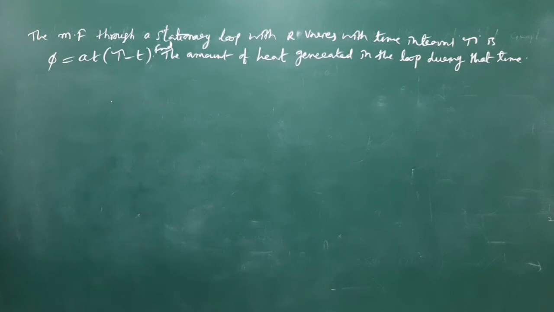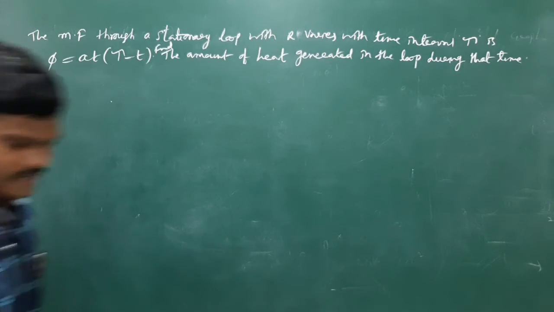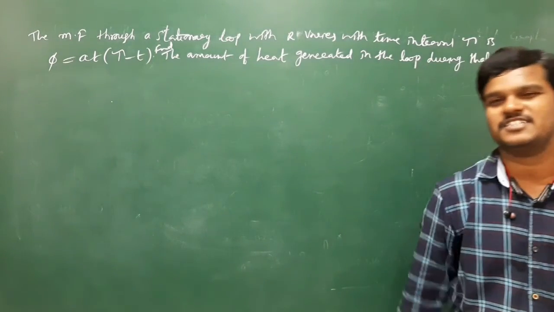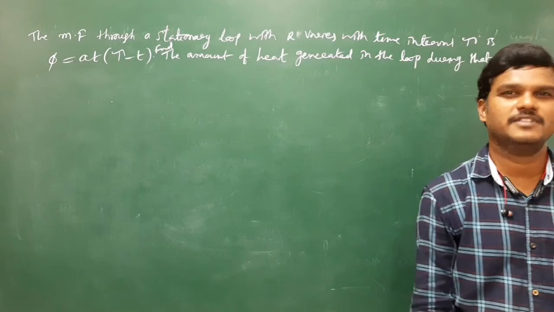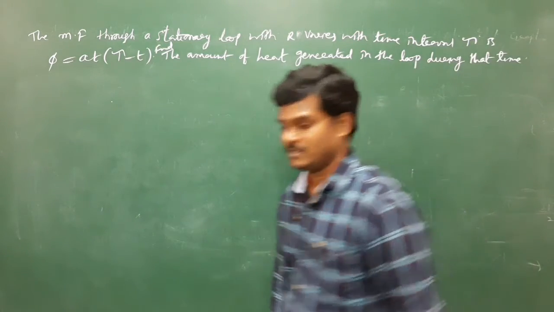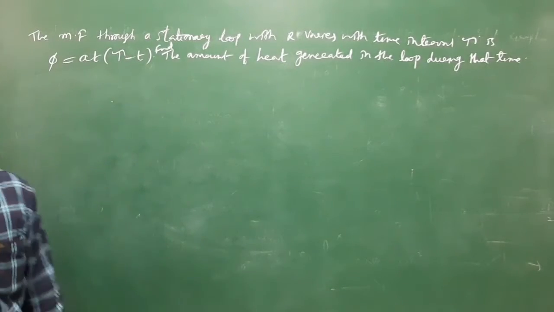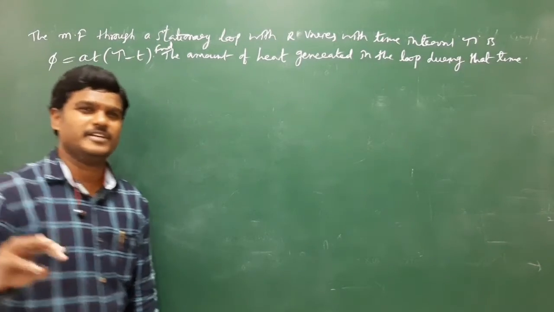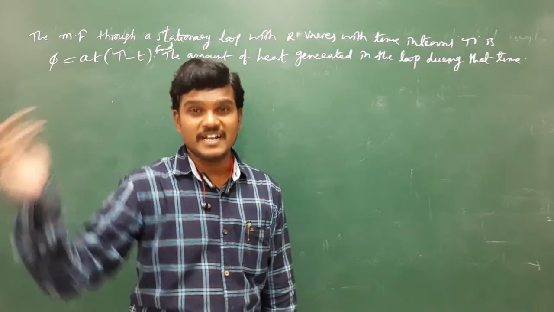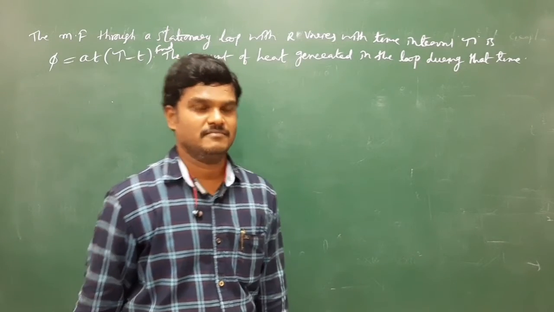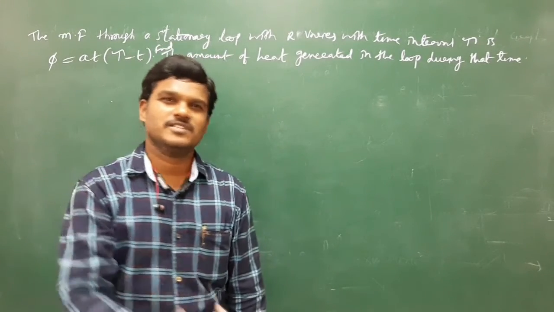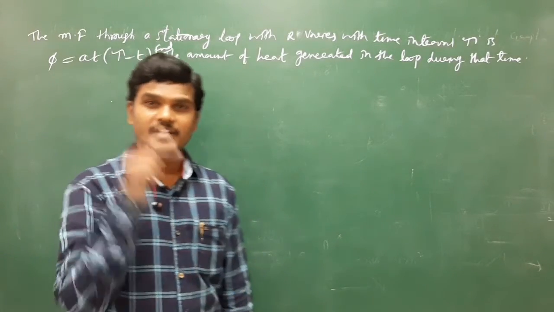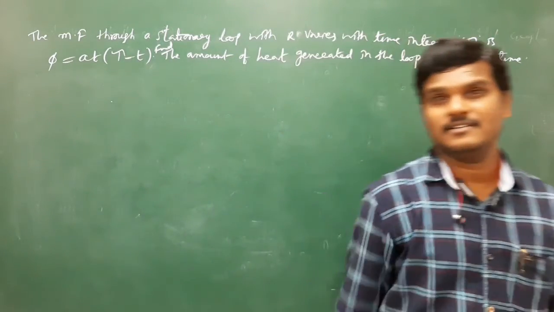So I have written it roughly. They are asking to find the heat generated. I hope you have remembered some formula from current electricity: heat dissipation, Joule's heat, like I square R t. Joule's heat energy is nothing but work, which is V Q, where V is I R and Q is I t. Then I square R t is the heat. You know already that when current flows through a resistance, the resistor gets heated up, so some electrical energy is converted into heat energy.